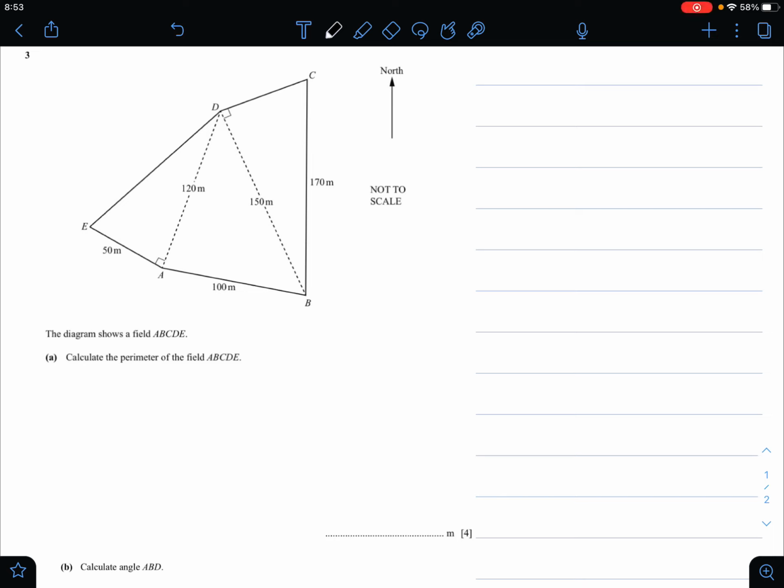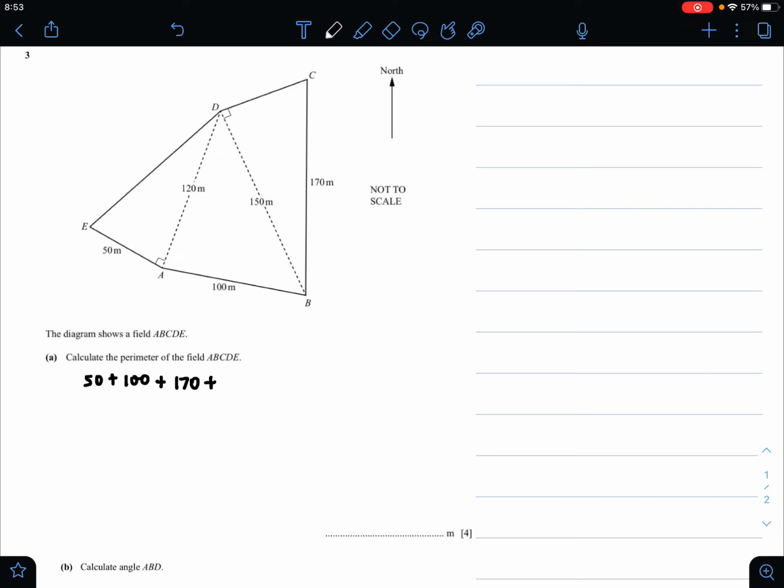Welcome to ANS Solver, question 3 of this paper. For part A, they are asking us to calculate the perimeter of the field A, B, C, D, E. Now, perimeter would be adding all the sides of the field, so that would be 50 plus 100 plus 170